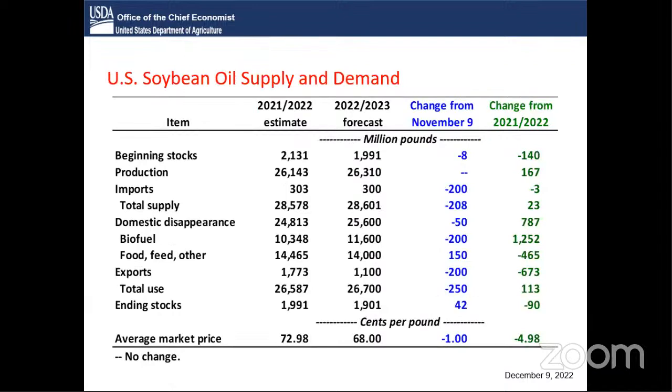Let's quickly talk about soybean oil. Some pretty important changes here. So driven at the top level by reduction in biofuel. Soybean oil used for biofuel, and that was driven by the EPA rule. So with the reduction in use for biofuel, that is expected to lower market price. We've seen that happening. With the lower price, that in turn